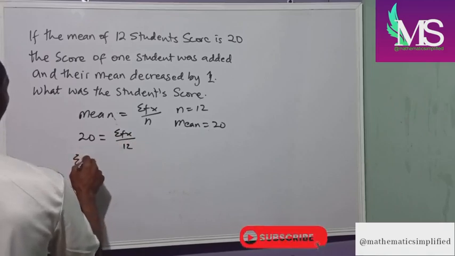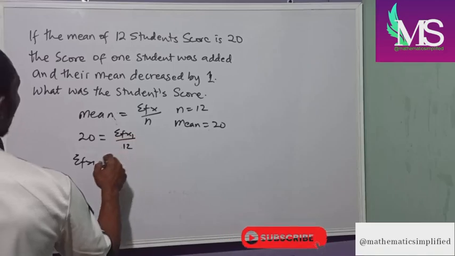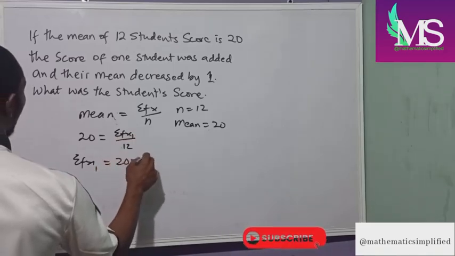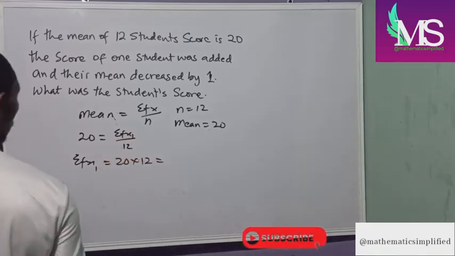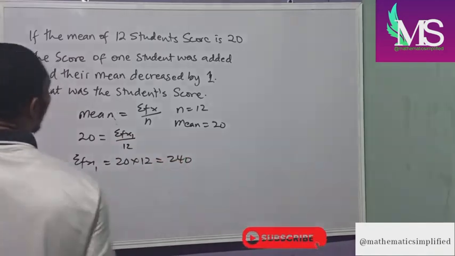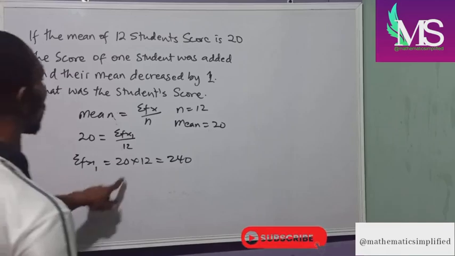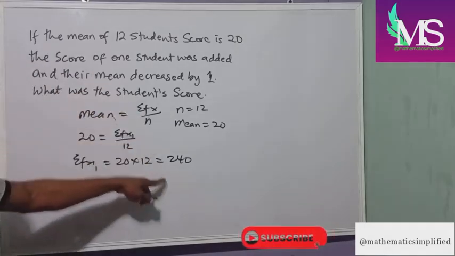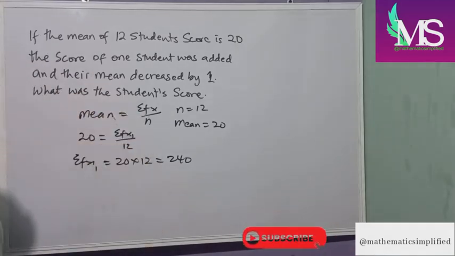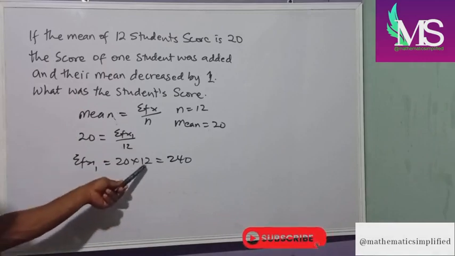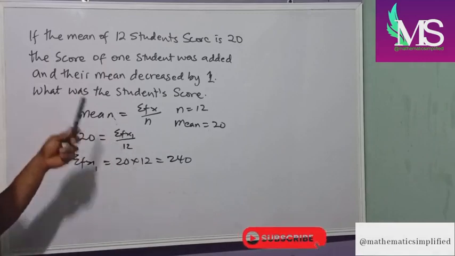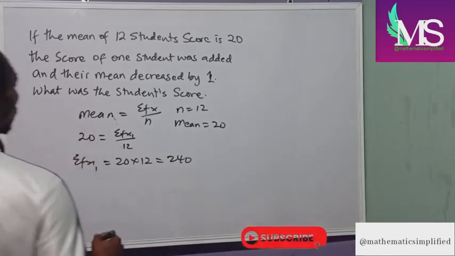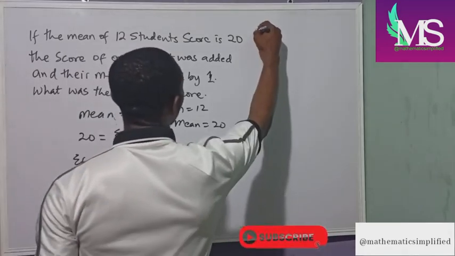So our ΣFX1 equals 20 times 12, which will give us 240. So the mean, our ΣFX, the first ΣFX is 240. Now, they said one student was added to this and their mean decreased by 1. So our mean 2,